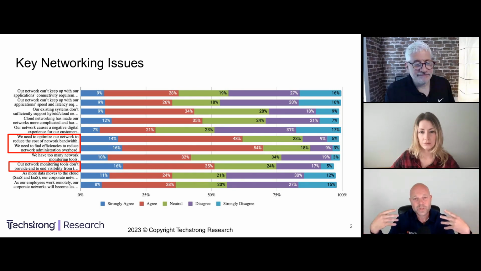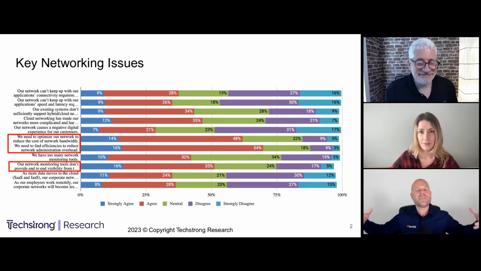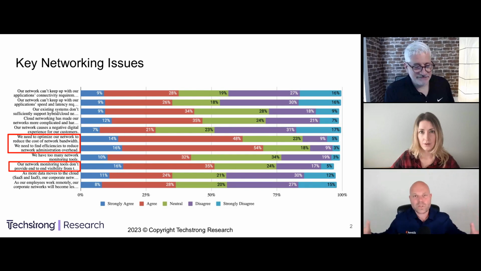And it's all falling on the shoulders of network operators, network administrators. In fact, many of the cloud engineers that I speak with used to be network engineers just two to three years ago, right? And here they are transitioning. And so when I look at the second box in particular, our network monitoring tools don't provide end-to-end visibility. Well, no kidding, because here we are with all of this new telemetry that we need in the past three, four, five years. So we're all rushing to figure out, how do we see what's going on? How do we identify what's going on in the networks that I don't own, considering that we rely completely on the public internet, right? How do I get the visibility between my resources in Azure and AWS and them talking to each other? I don't know. And so here we are.